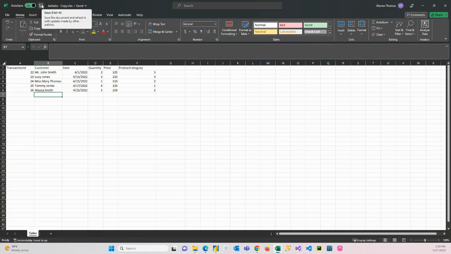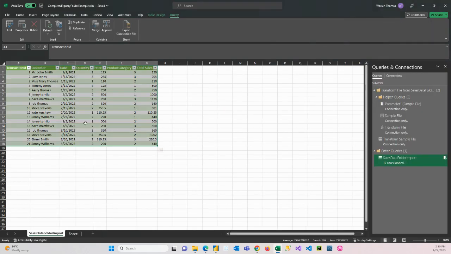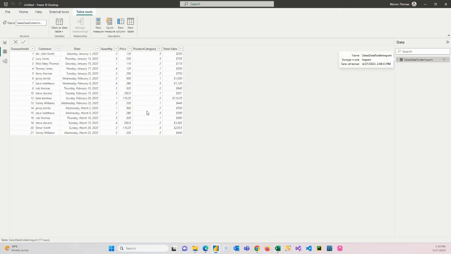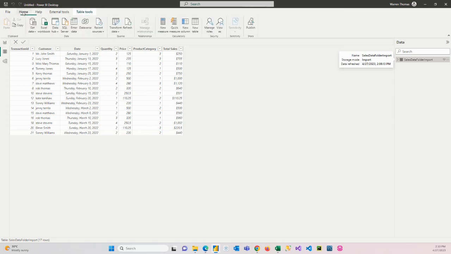And I'm going to save that and close it. We'll leave our Power Query open. And here we have our data. We have all of our steps that will run when we refresh it, and we have all the way until March. And if we click refresh,